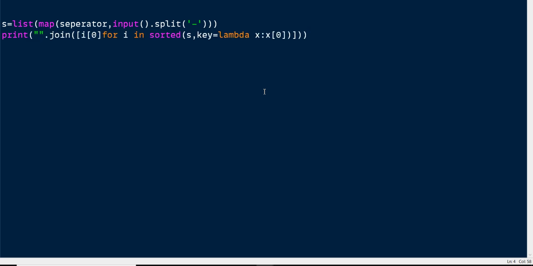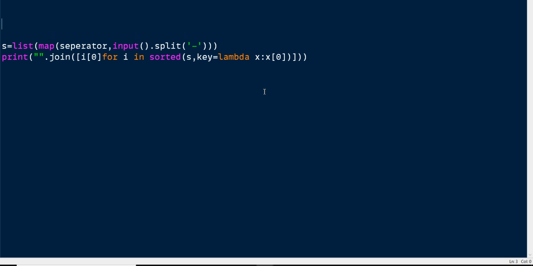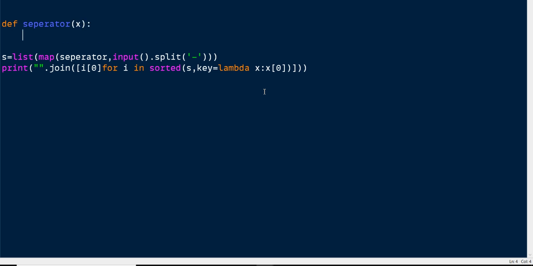If we run this, we'll get the output for sure, but before that we have to mention this separator function, else it will scold me badly. So I'm defining the separator with the argument x. Is that the argument or parameter?